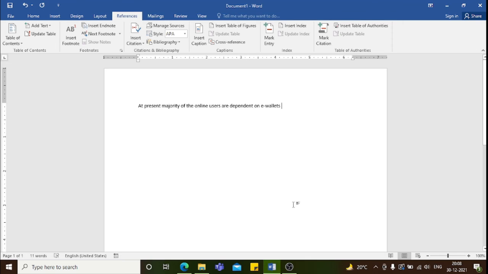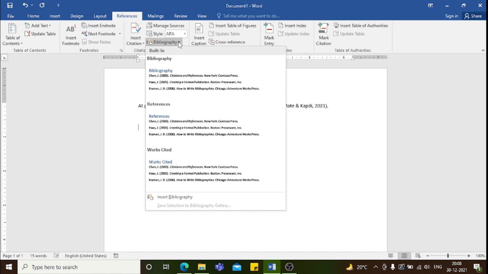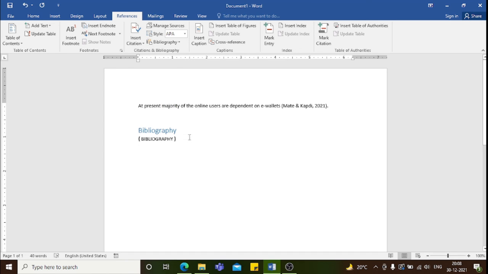So here now, in order to insert the citation, click on this insert citation, and then the citations that you have added in the manage sources, those you can add from here. So just click here, and in this manner it appears. So in this manner we can create references in the documents, and when we have completed our work, at the end of the document we can insert bibliography like this. It will be automatically inserted in the document,